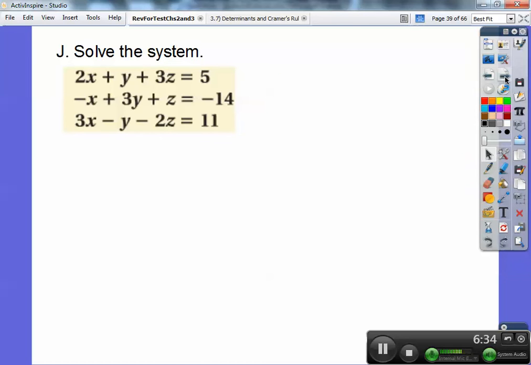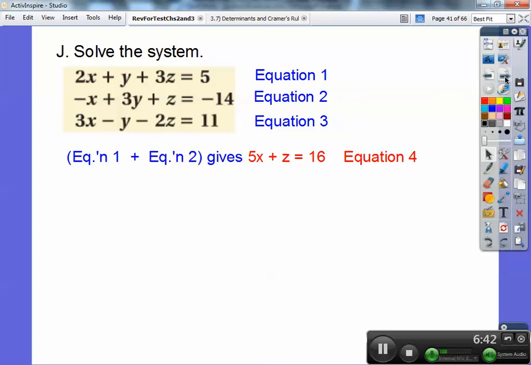All right, so solve this system. Okay, so what I'm going to do is call them equations 1, 2, and 3. And then, remember, you guys can pause this. I'm just trying to make this video as short as possible. So I'll take equation 1 plus equation 2 and add them together, because when I add them together,